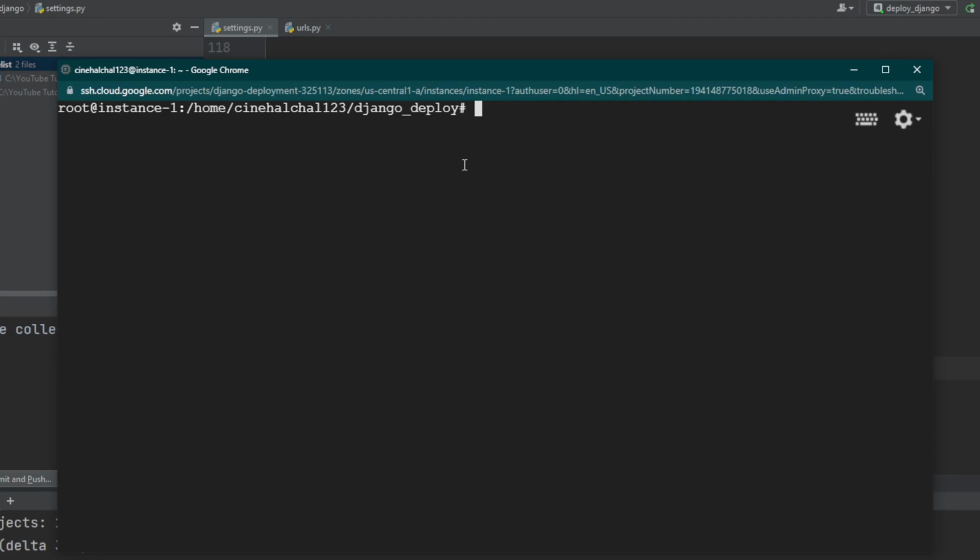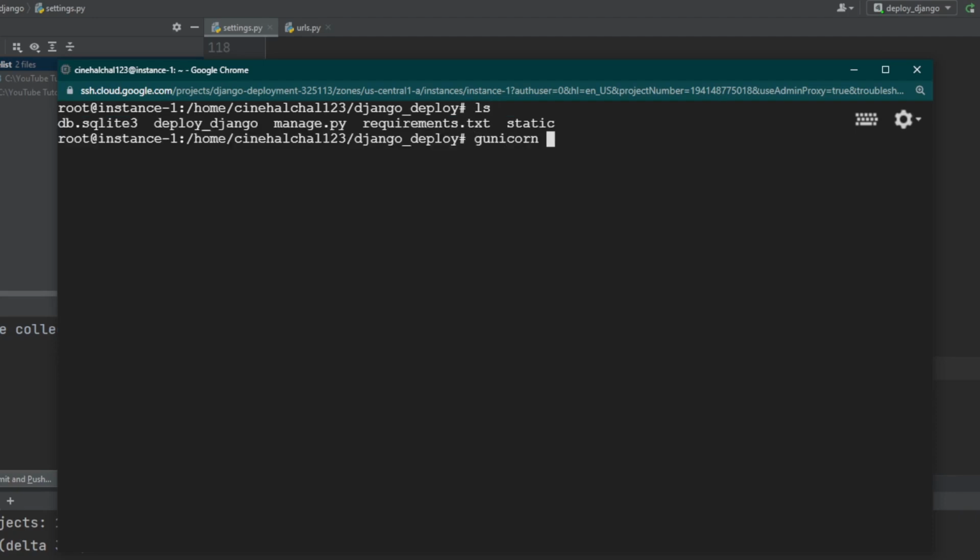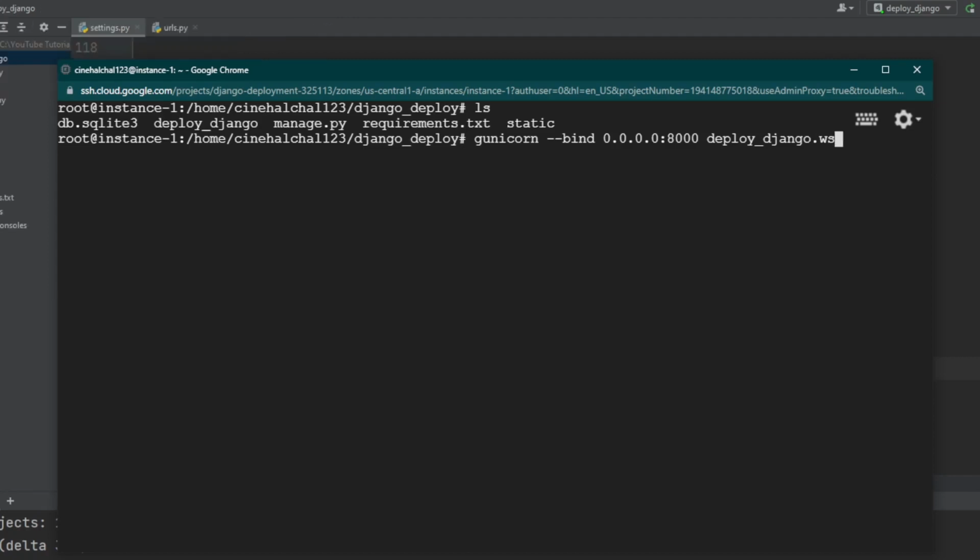Inside our project directory, use Gunicorn to load the project's WSGI module, which is the Web Server Gateway Interface module, which can be achieved by running the command gunicorn --bind 0.0.0.0:8000, and our WSGI file resides inside deploy_django, which is the main app, .wsgi.